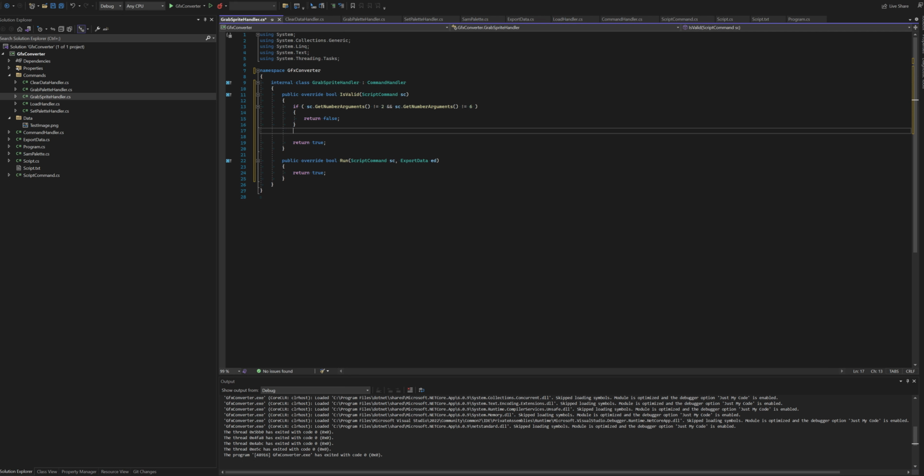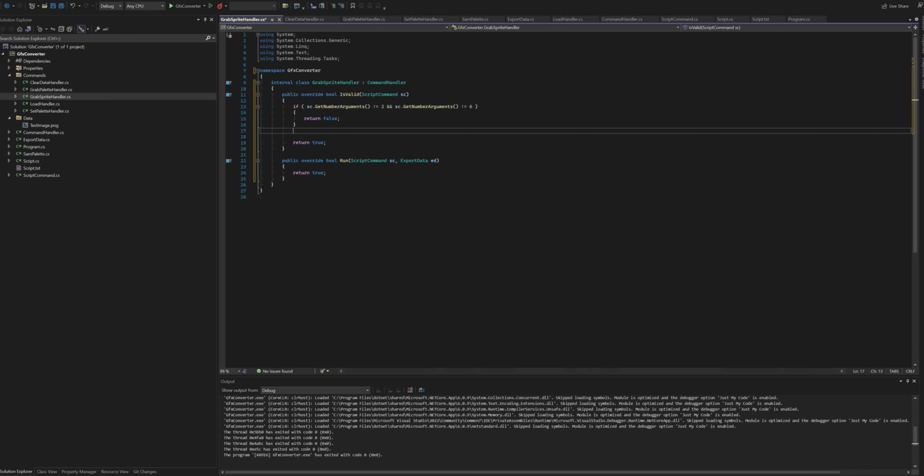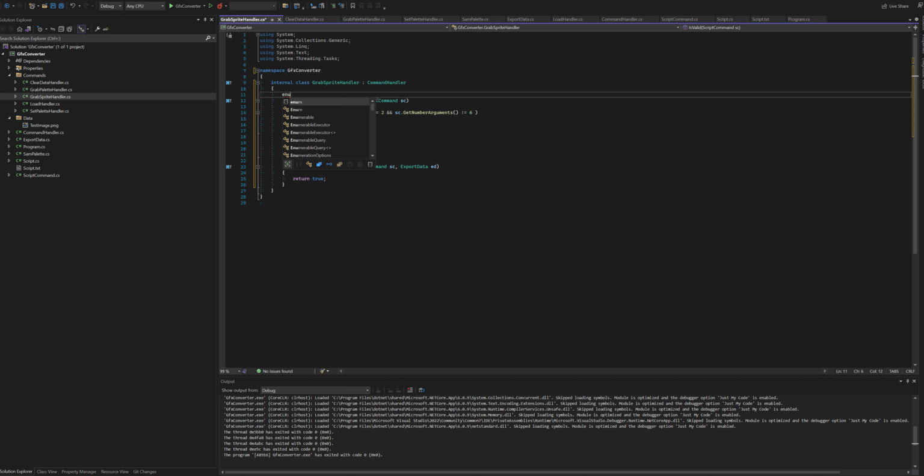Now, the first argument is easy, it's just a plain string, but our second argument, at the moment, we've got these options. We may want to have more at a later date. In fact, I'm sure we will want to. So we need a way of validating what we're passing in and also knowing what they are. So rather than just have a lot of string compares,